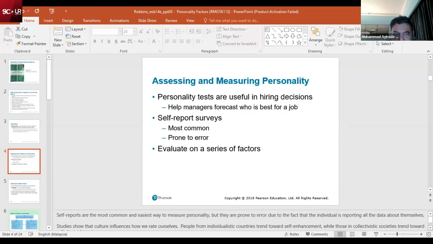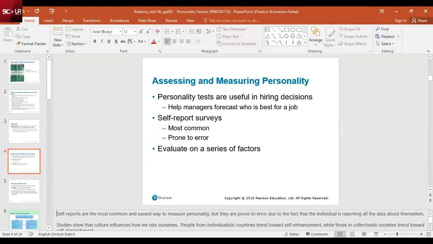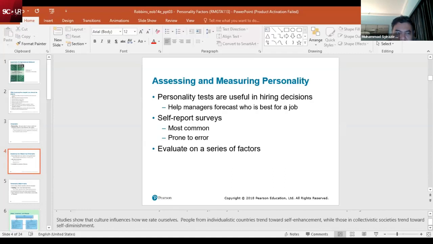And then another way is to evaluate on a series of factors. It says that studies show that culture influences how we rate ourselves. People from individualistic culture trend towards self-enhancement. Those in collectivistic societies trend toward self-diminishment. Okay. It says that evaluation on a series of factors means that